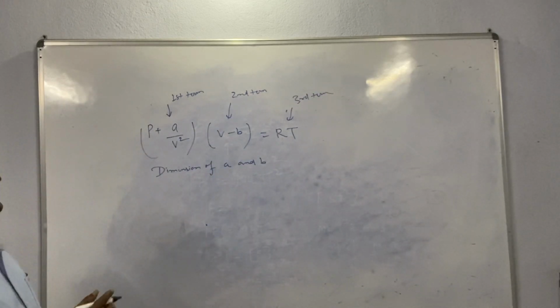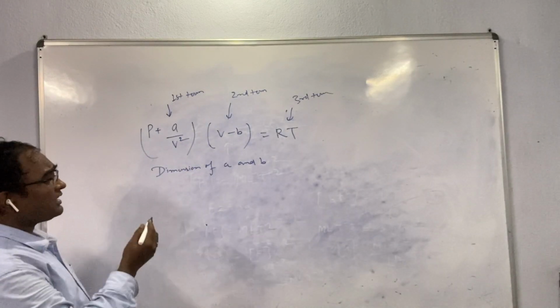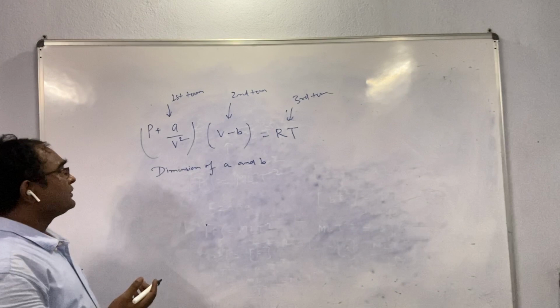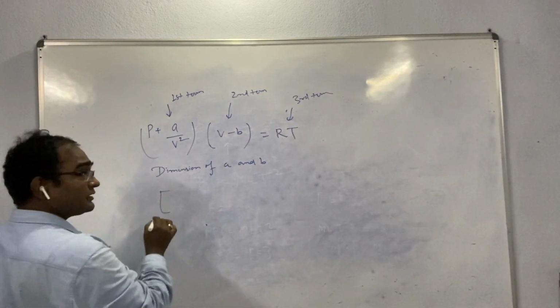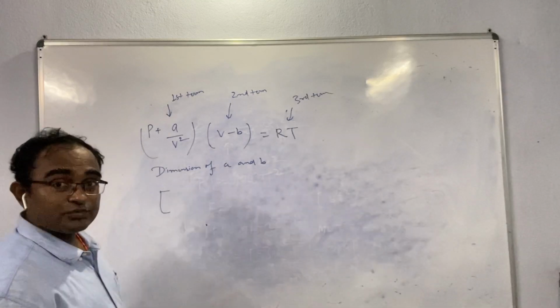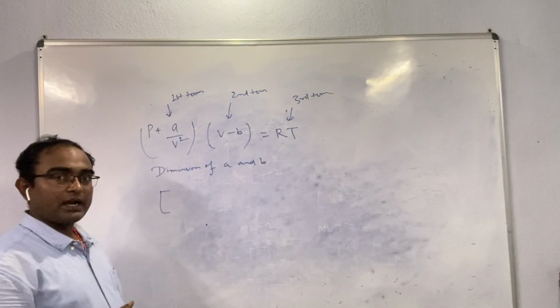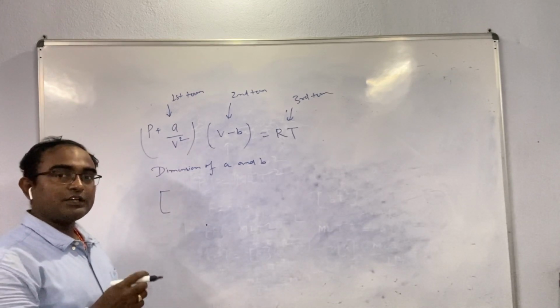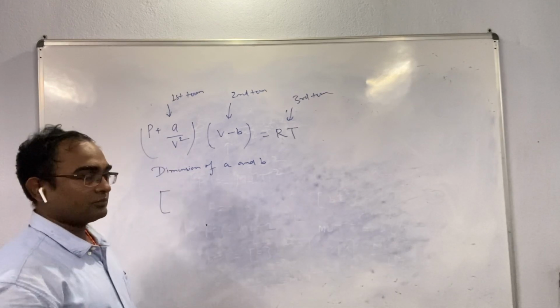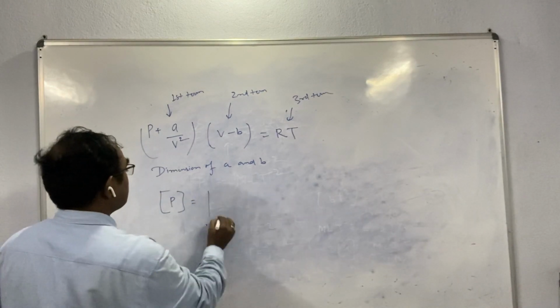But you notice that the first and second terms are multiplied. It means that they are treated as the same term. What we will do is take the dimensions of those physical quantities that are added or subtracted. If physical quantities are added or subtracted, then their units will be the same, otherwise not. That relationship we will use here.